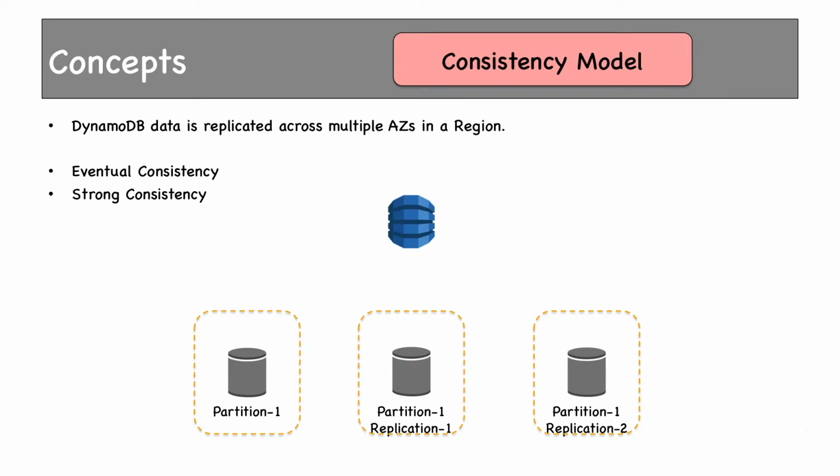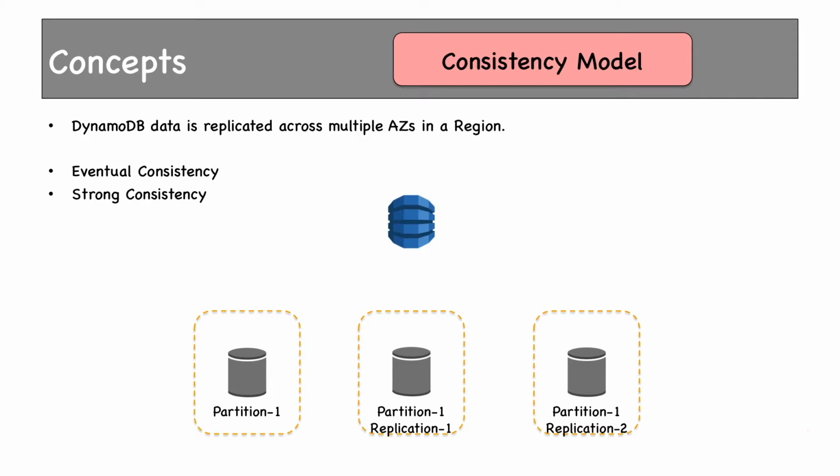If application wants to read this data, DynamoDB will select some random number of data centers which has this data as this. See, the second AZ does not have the updated data because it has not been replicated yet from this partition. So DynamoDB will select the most updated data from here. Suppose data is not replicated in the third AZ also, and if these two AZs were selected, then application would have got stale data or old data.